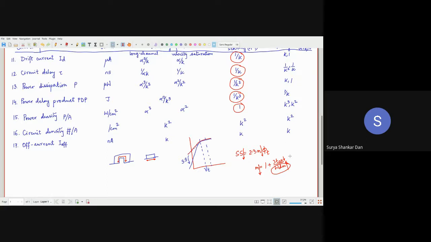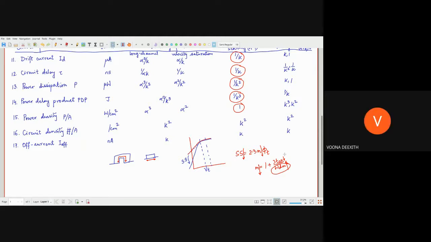So how do we increase WDM in a short channel device? Remember, you cannot think, although we are scaling the technology node and reducing TOX, that we will keep WDM like 1 millimeter. No, you cannot do it, because your WDM also scales. So now think about it as an engineer. What can you do, when the device depth and the substrate size are also decreasing, so that at the same time your WDM will increase? Tell me.